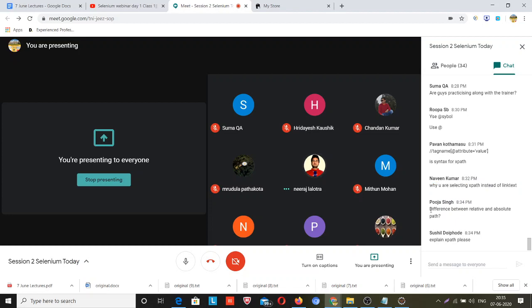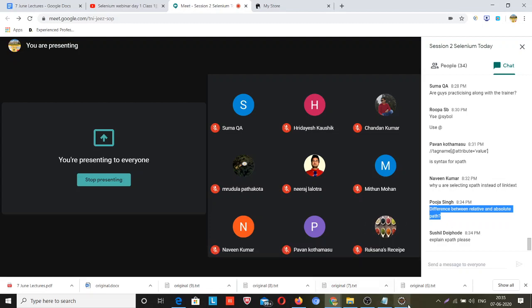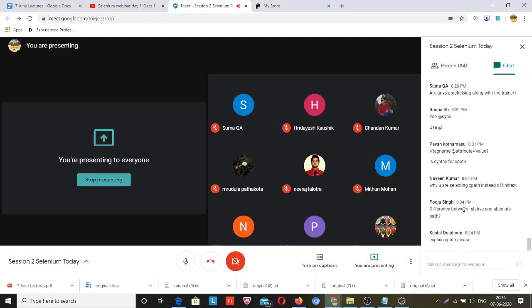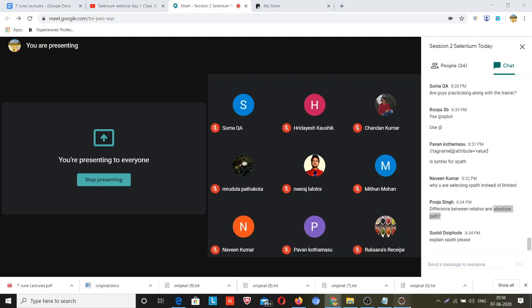So Pooja is asking about the difference between relative and absolute XPath. Pooja, I am not coming to this topic right now. With relative XPath, you can directly jump to the element, like what I am using right now. But the absolute XPath starts from the starting node of the DOM, from where the HTML code has started.